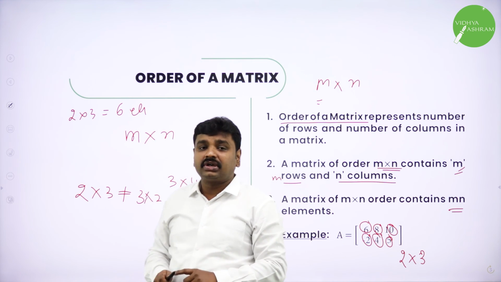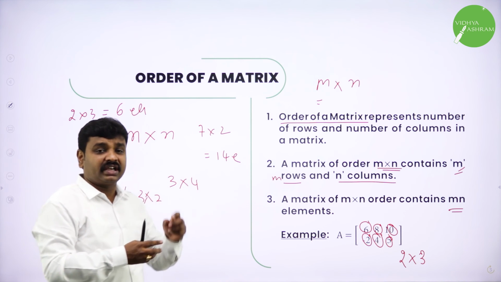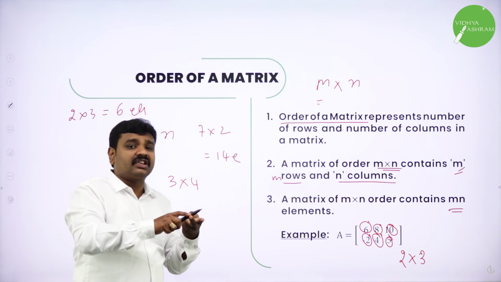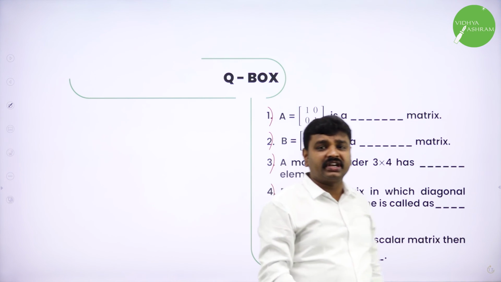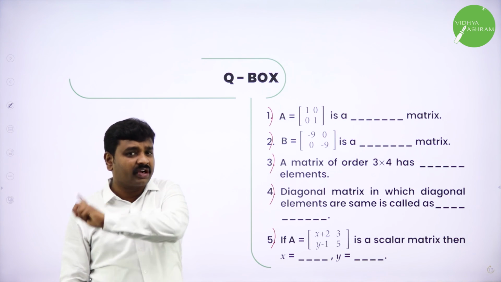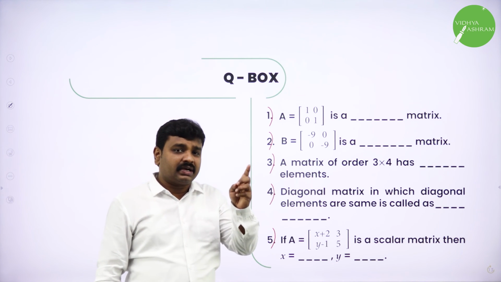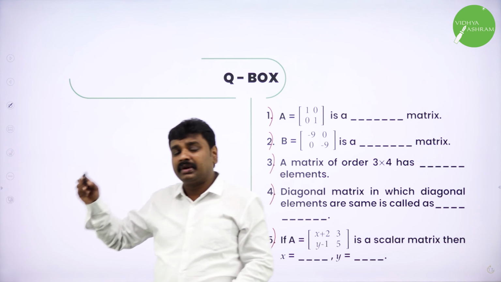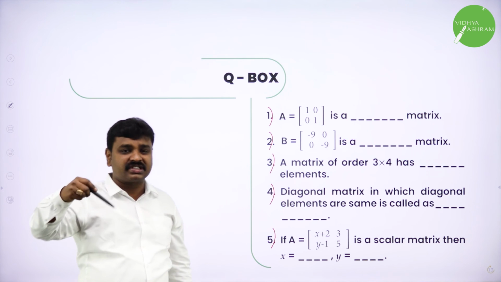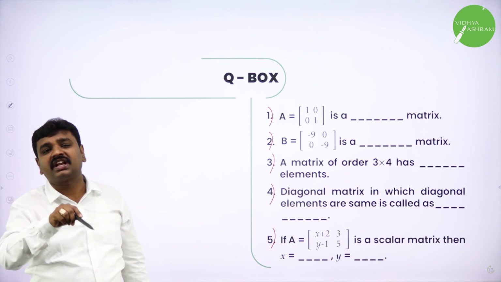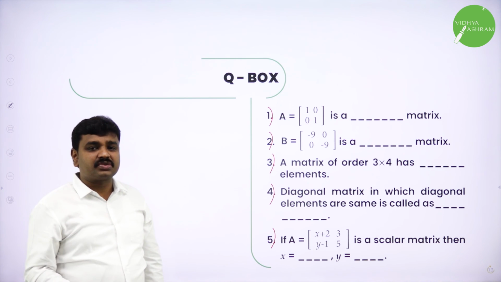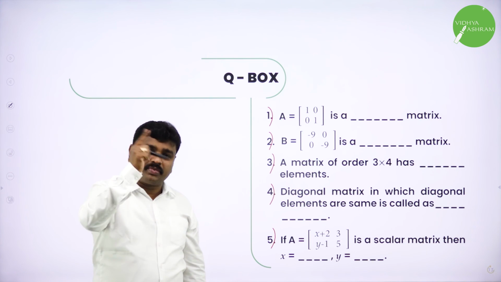Okay, my dear students, in today's class I gave an introduction to matrices and all the definitions and concepts. What I expect from you is to learn all the definitions with one example. To answer the questions, first become thorough with the basic definitions. A square matrix is a matrix in which the number of rows and columns are the same. A diagonal matrix is a square matrix in which non-diagonal elements are zeros. A scalar matrix is a diagonal matrix in which the diagonal elements are the same. An identity matrix is a scalar matrix in which each diagonal element is 1.